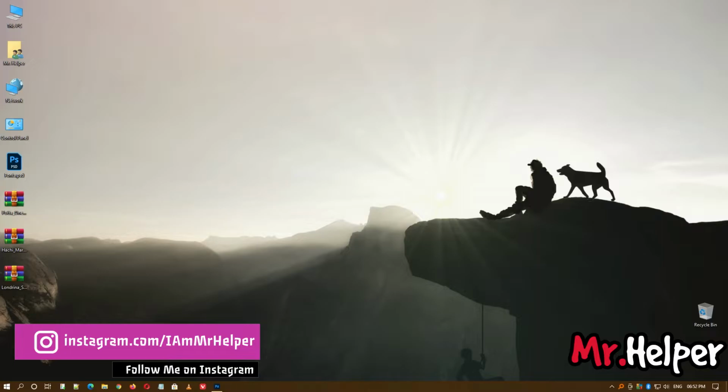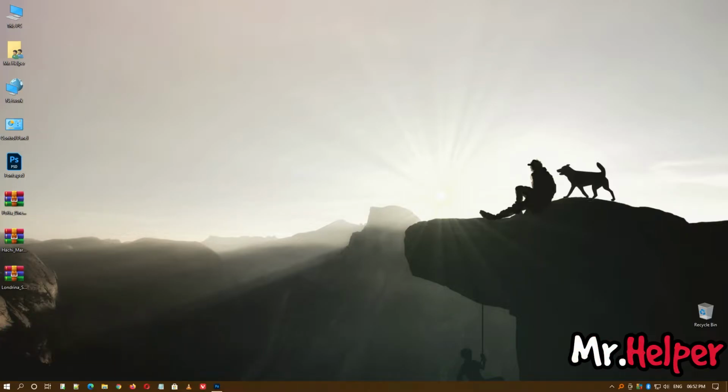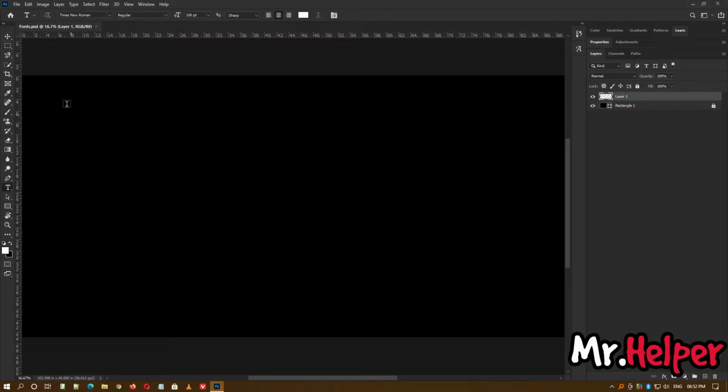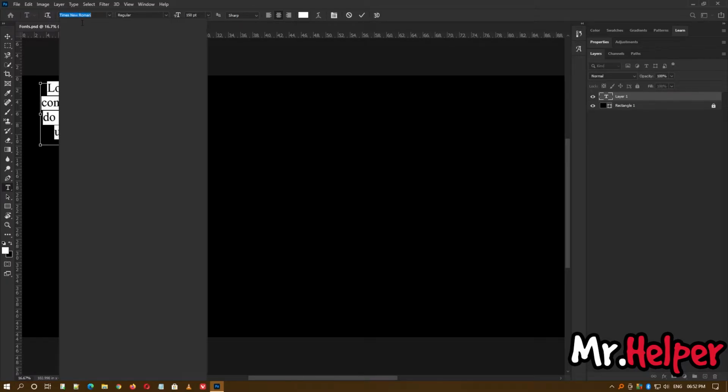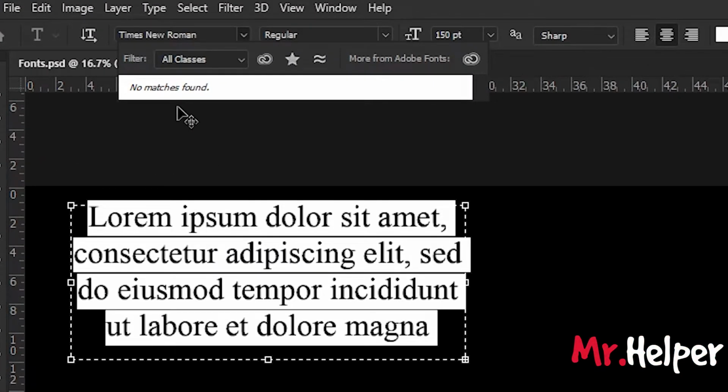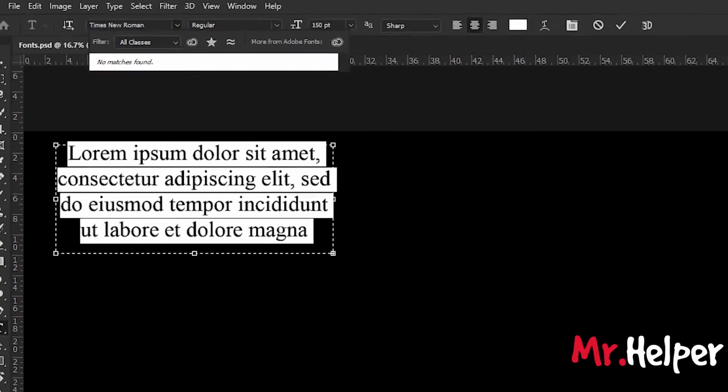Okay, so this is the first method, which is the easiest and simplest way to install your font. But before that, I want to show you that I don't have this font installed on my computer right now. As you can see, this font is not installed on my computer right now.